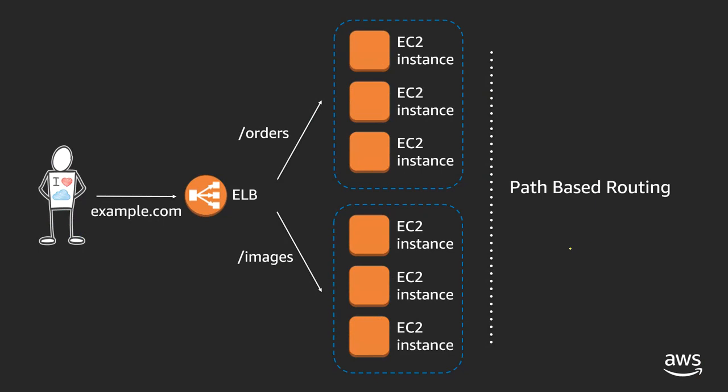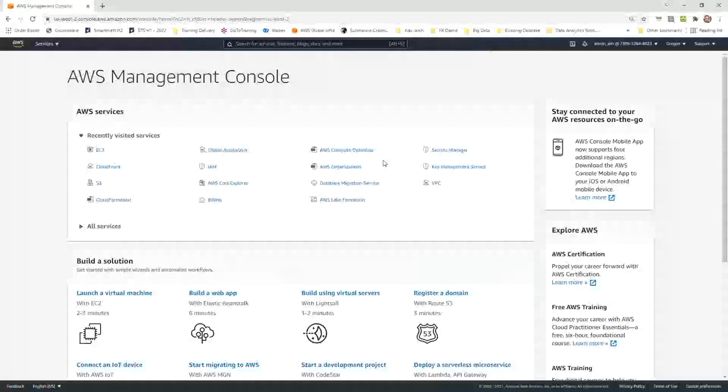So hopefully everyone is clear. Now let's go ahead and see this in action, how I can implement this load balancer and what options are available for me when I go to the AWS console, and I will answer your question about a classic load balancer also there.